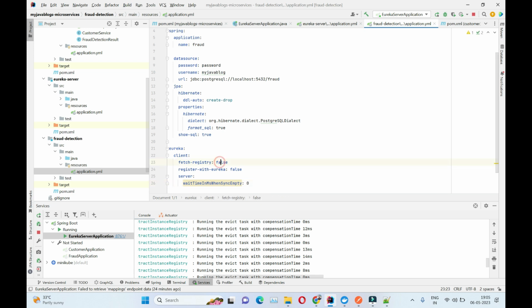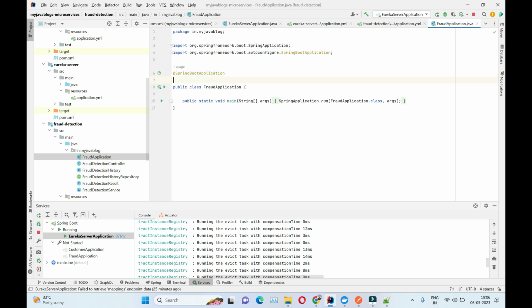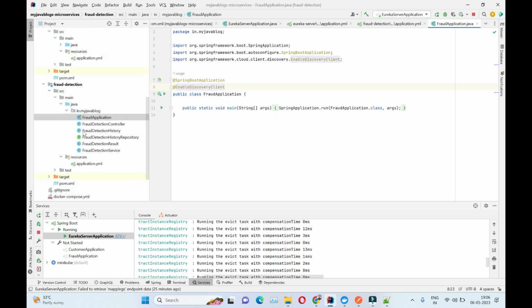Let's make fetch registry true, and register with Eureka also true. And we need the annotation in our main class, EnableDiscoveryClient. So now hopefully our configuration for both the clients is done, and we are ready to start